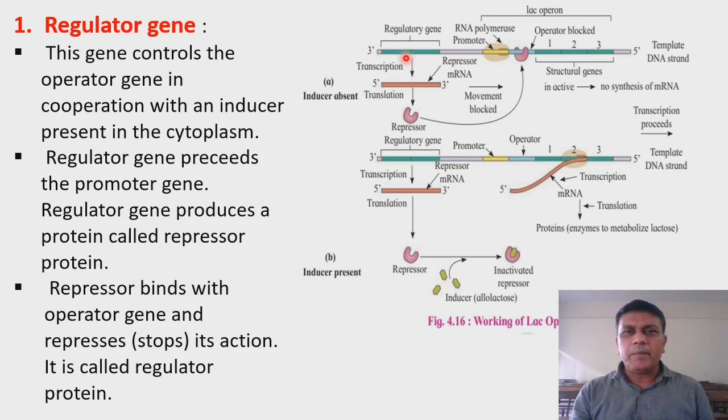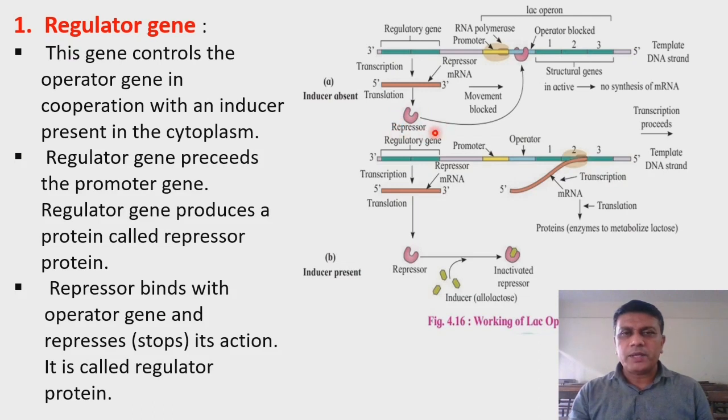By the process of transcription, this regulatory gene produces a messenger RNA called the repressor messenger RNA. This repressor messenger RNA will produce a protein by the process of translation, called the